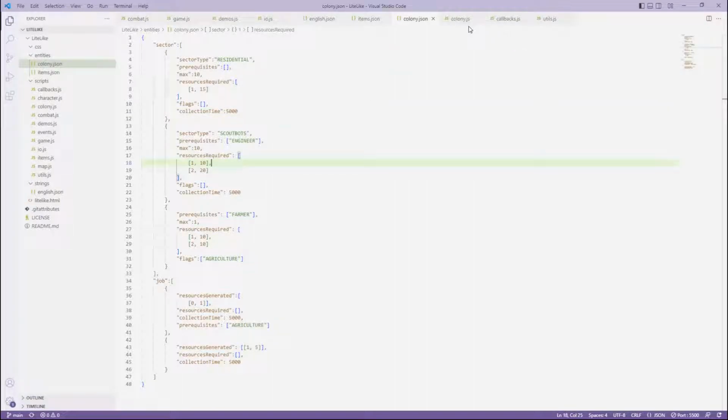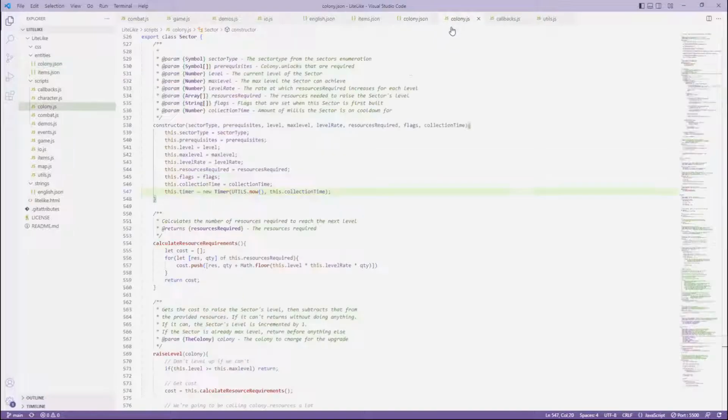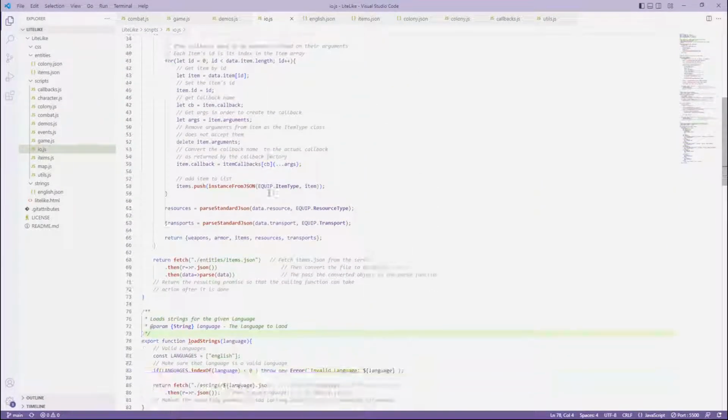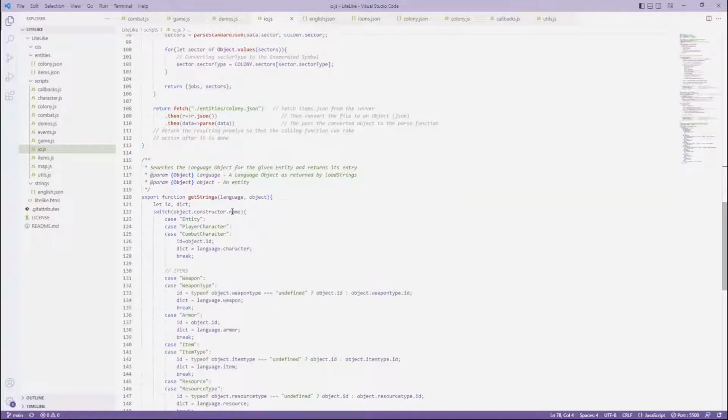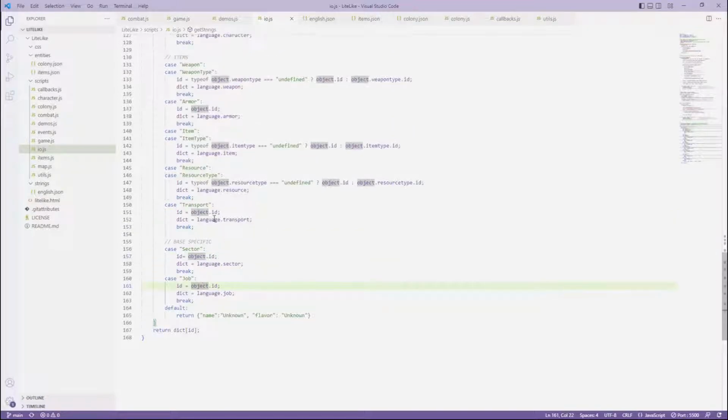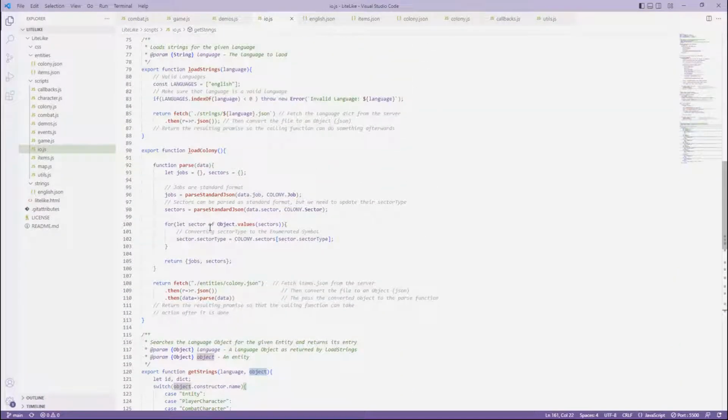that we updated in colony.js. And then in IO, I recall fixing a couple things. So one thing was just a very minor typo. I did obj instead of object down here for these two. The other thing I did,